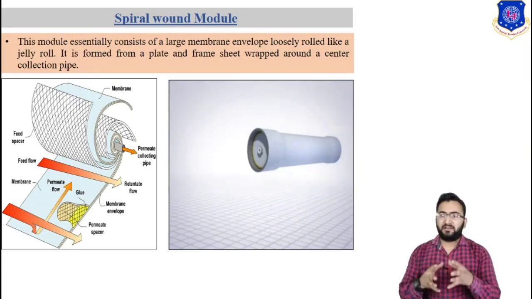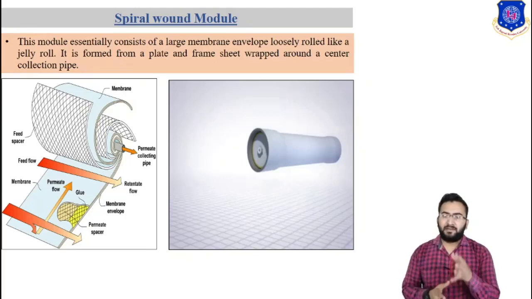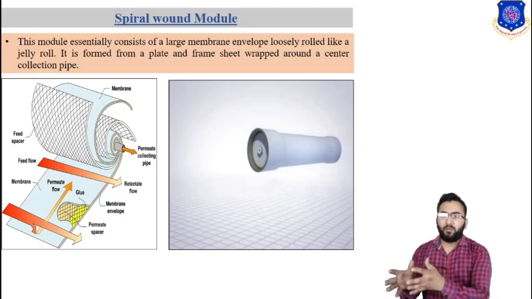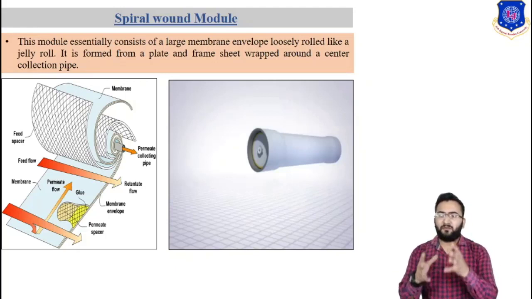This module essentially consists of a large membrane envelope, rolled like a jelly roll. It is formed from plate and frame sheets wrapped around the central collector pipe. A permeate space is sandwiched between two membranes, the porous support side of the membrane facing the